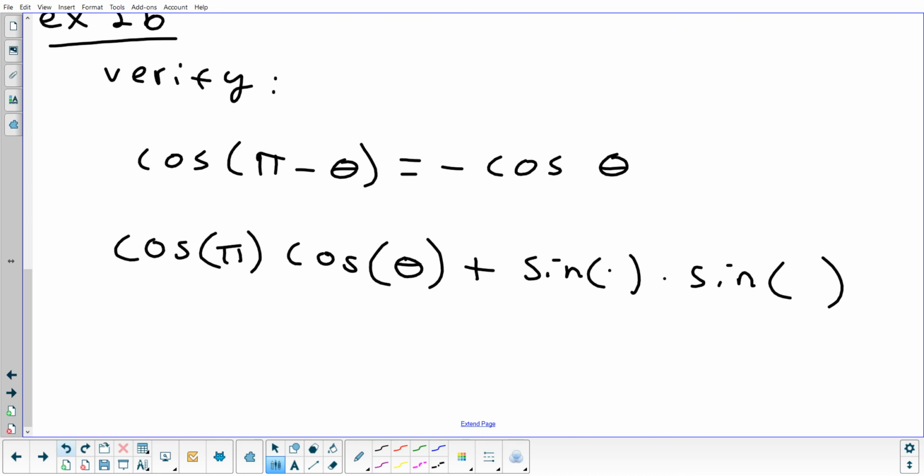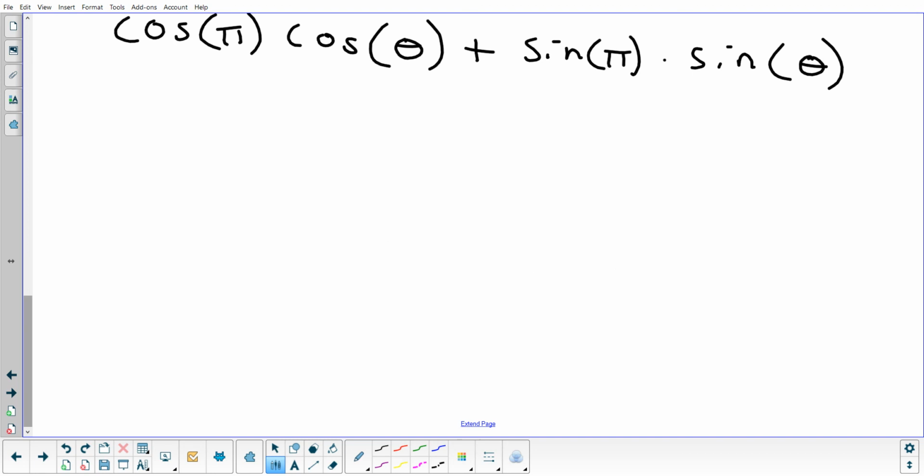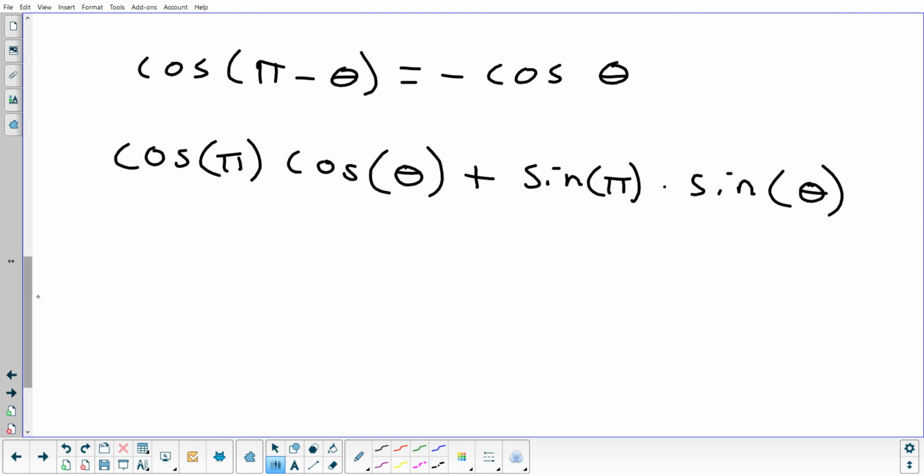Pi, theta. All right, cosine pi. Again, that's easy to figure out on the unit circle. Focus on the x value of your coordinate. What's pi in degrees? 180. So here's your coordinate. What's the x value of that coordinate? -1. So -1